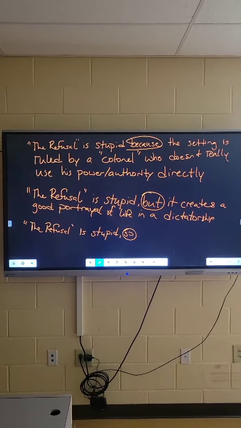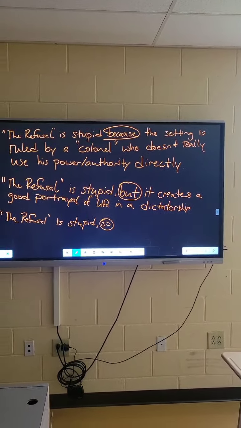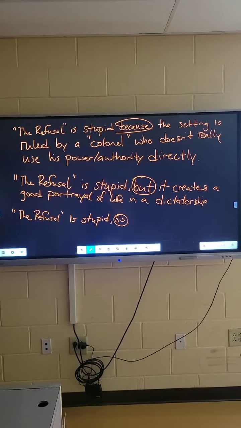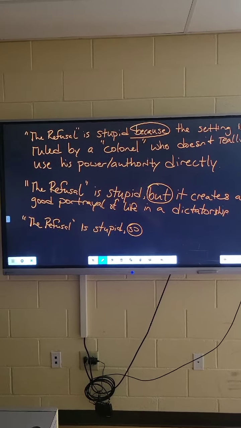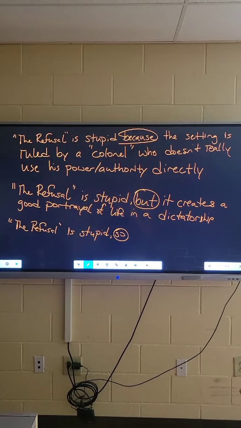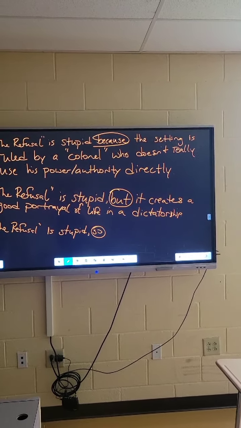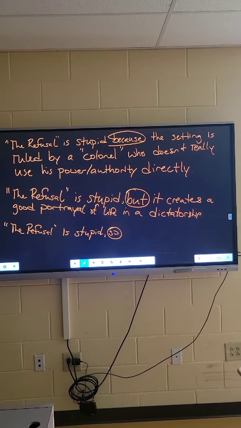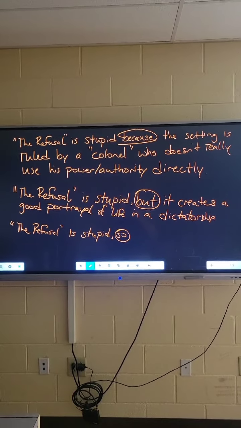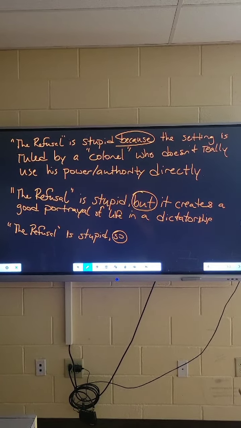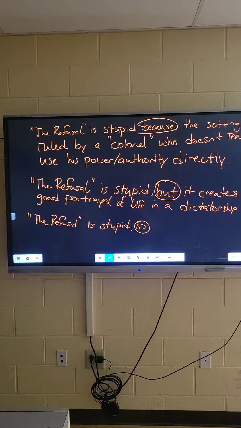So she chose the latter option. And the one word because led to her saying, it's stupid because the setting is ruled by a colonel who doesn't really use his power. That was her direct statement. And so I added the word authority, because we talked about some synonyms that we could use. And I said, well, what is the problem with his use of authority? And they're like, well, he doesn't really come out and rule in the way that we think that a leader should rule. And so I said, so he rules indirectly. And they're like, yes. So all of a sudden, we have a really good nugget to build off of through this technique by just simply adding the word because to what was intended as a silly response.